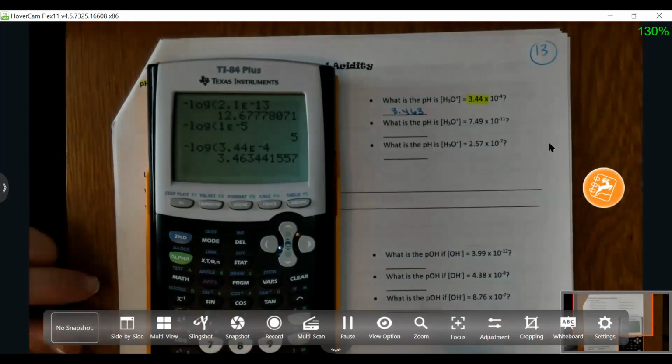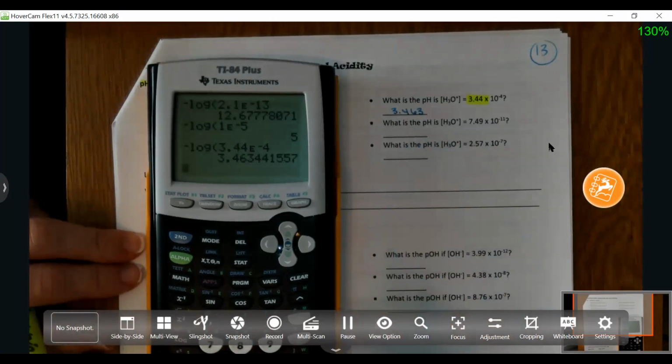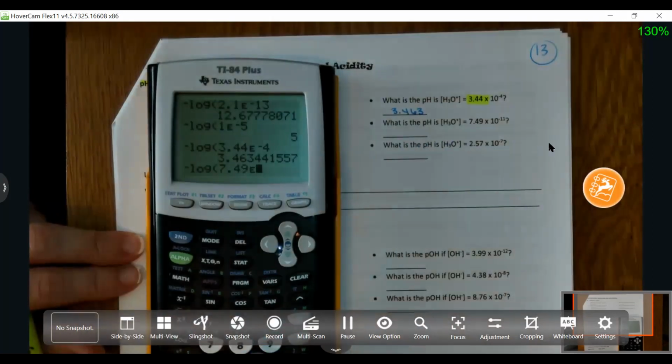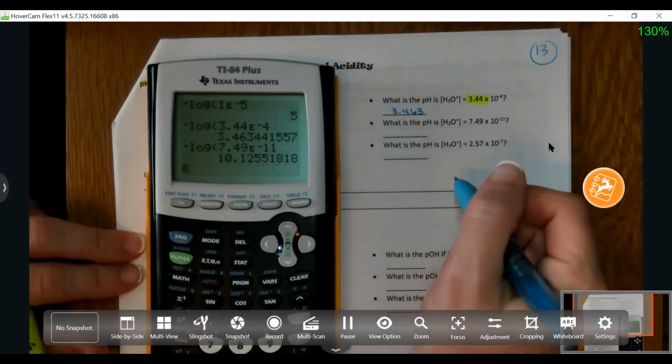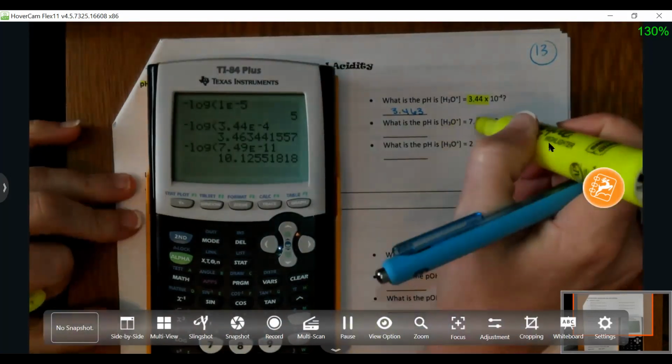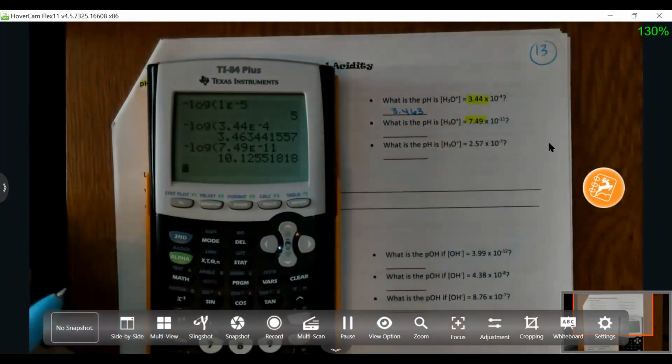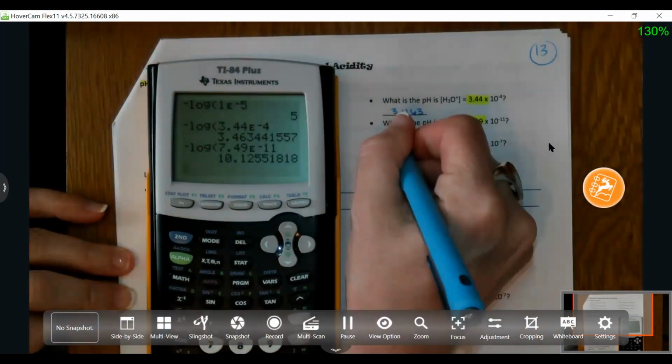Here, the pH of the hydronium ion concentration is 7.49. If I'm given the ion concentration, I do negative log 7.49 second E negative 11. And I've got 3 sig figs total, which, remember, has to go after my decimal point. So I have